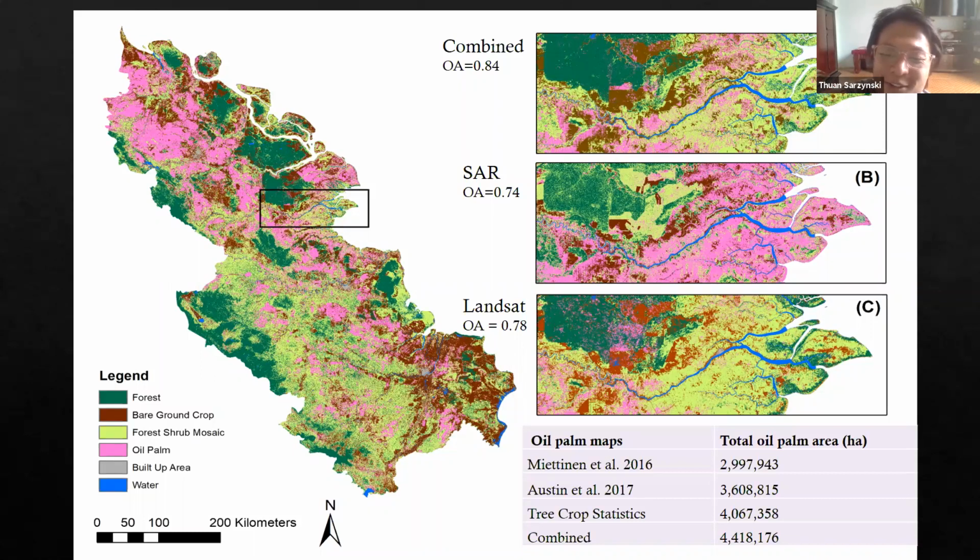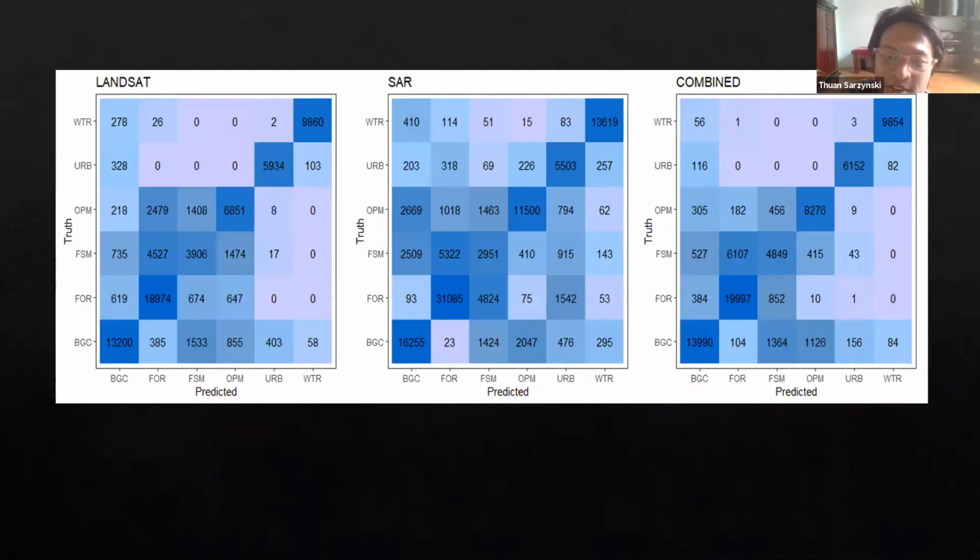And then on the next slide, we compare the errors, right? And we see that for the Landsat, for example, most of the errors for oil palm are from the forest shrub mosaic and forest, because Landsat is based on light, on what we see, and usually forests are green and oil palm are also green. So the algorithm tended to confound the three green land covers: forest shrub mosaic, forest,